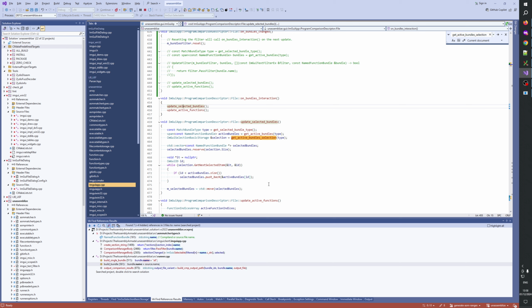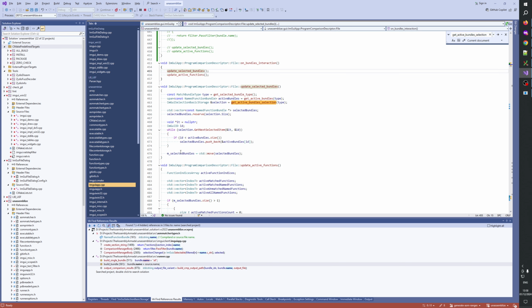Updates. Do we really need to? Hold on. This function here, selected bundles. Yeah, this one needs an update. So instead of